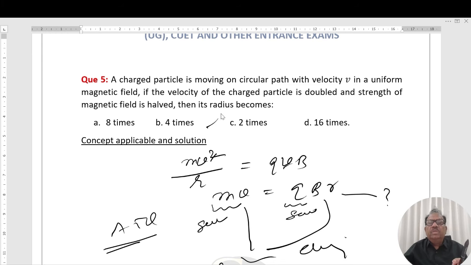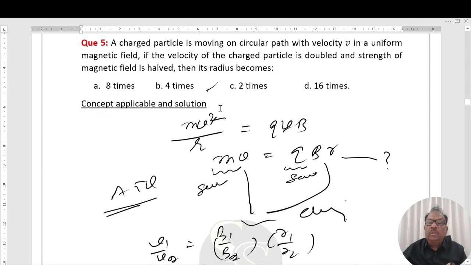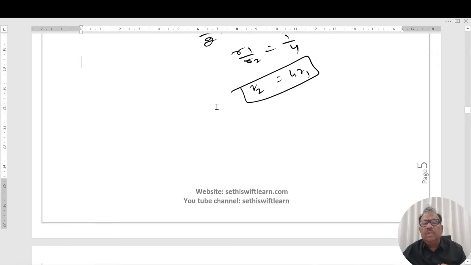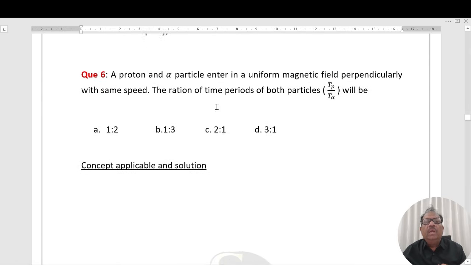Again repeating, centripetal force is provided by the magnetic force QVB. Now check what is given in the question. The charged particle is the same, means the mass of the charged particle is the same, and Q is the same. Variables are velocity, magnetic field and radius, right? Now those which are constant should be taken as constant proportion, make the ratios. After making the ratio and substituting the values, we get the final answer. Next,